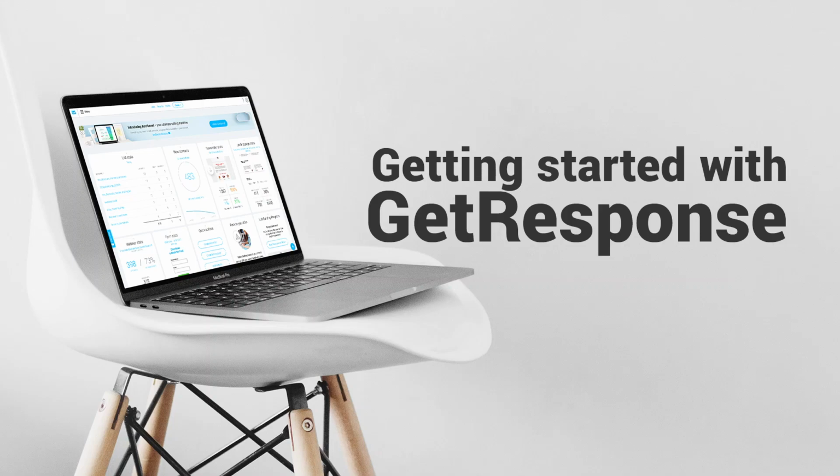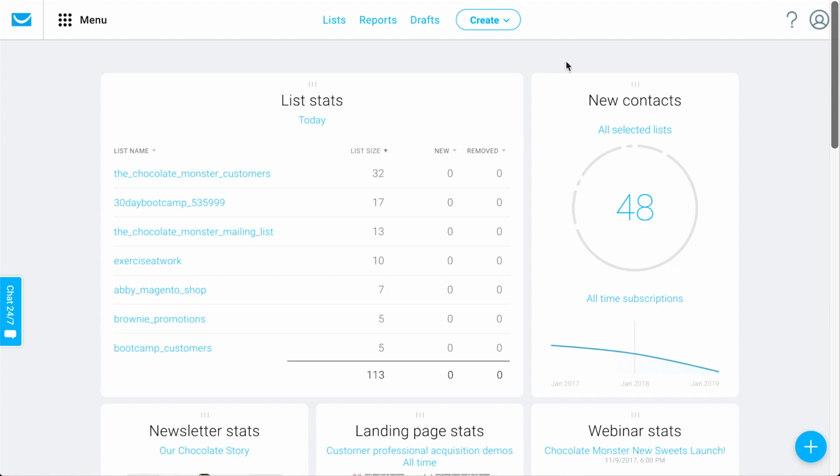When getting started with your GetResponse account, there's a few areas that you should know about to help you get started in the best way. And so we're going to be starting out in our dashboard. And so with your dashboard, it's going to really be able to help you navigate around the different areas of